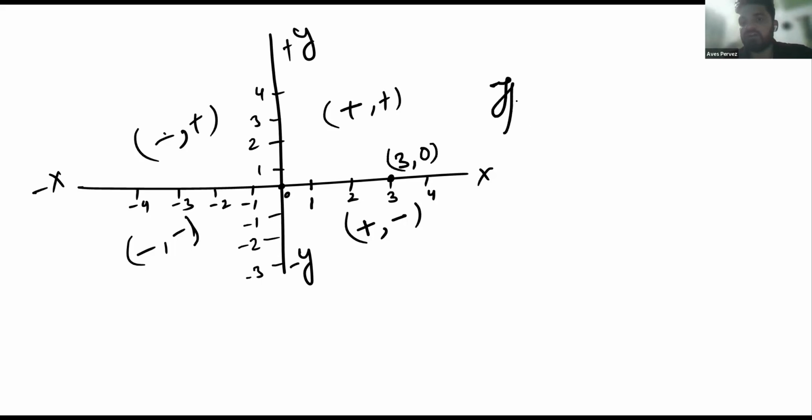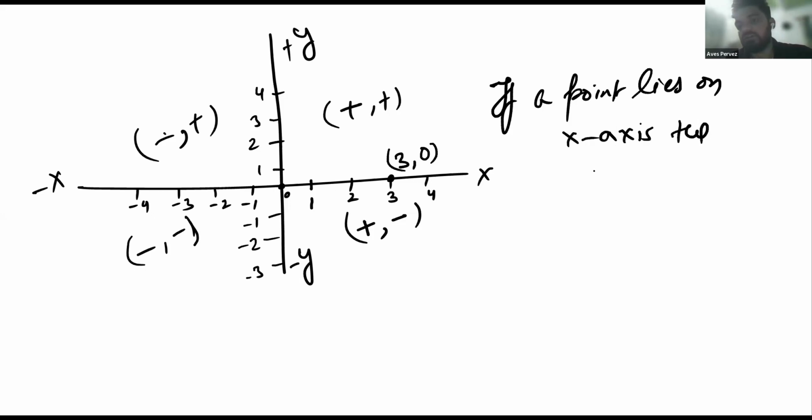Note it down. If a point lies on the x-axis, the coordinate